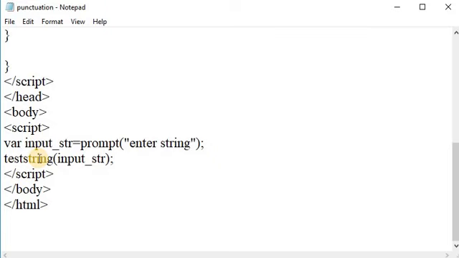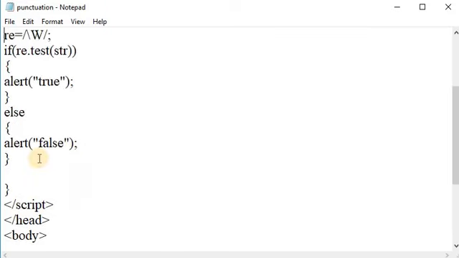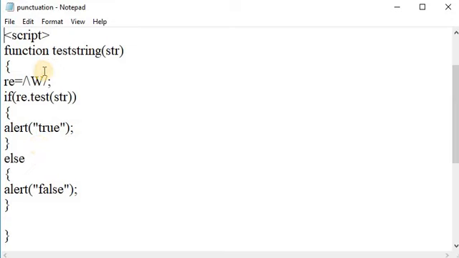In this function the regular expression is written: re equals backslash capital W. The regular expression begins and ends with slashes. This is the pattern which begins and ends with slashes. A pair of square brackets appears following the first slash.